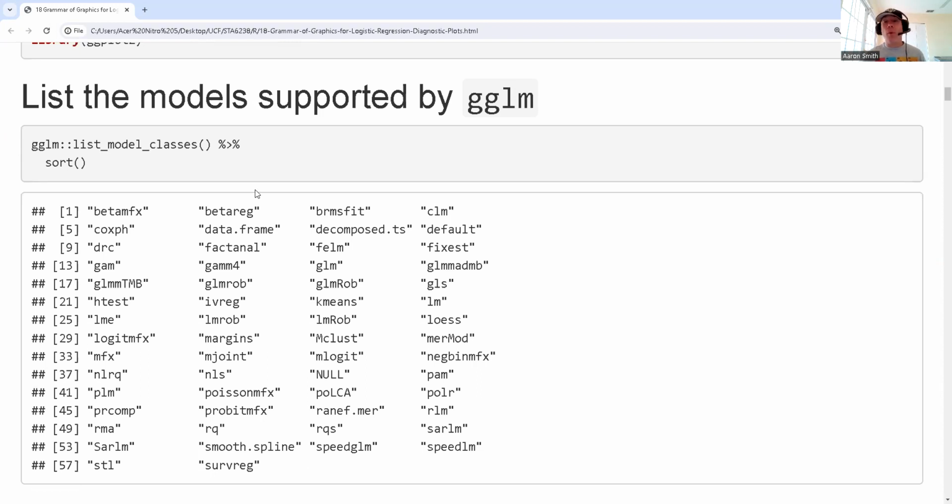Okay, so now we're going to go ahead and I'm going to list out all of the different models that are supported by GGLM. So it gives us a nice function of list model classes inside the package. And I'm just going to go ahead and sort them out. And so if we look through here, we can see that GLMs are available. So if I'm doing standard logistic regression, I can use that, but you can also see I have a wide range of different models. So, I could be using a data frame, default model, factorial analysis,